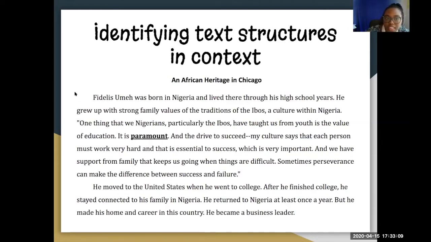These indentations here are also telling me that we have paragraphs and we have things like quotation marks. So the quotation marks here are probably telling me that the words within those quotation marks are not the words of the author of this story, but of the actual person that was interviewed. So that would be Fidelis Ume, okay? So let's go on ahead to the next slide where you guys are going to do some of that reading on your own. I'm going to give you some complete silence because I know that reading with noise can sometimes be distracting, okay?